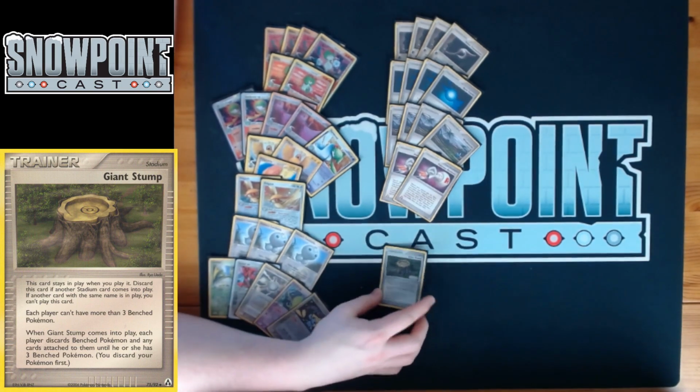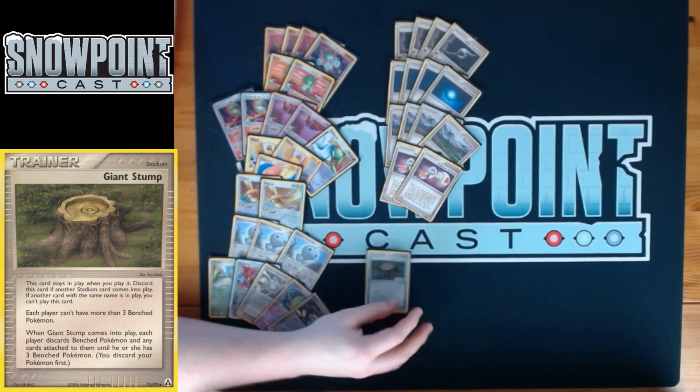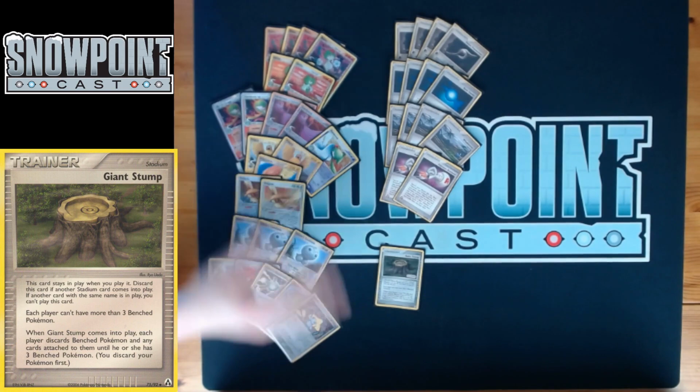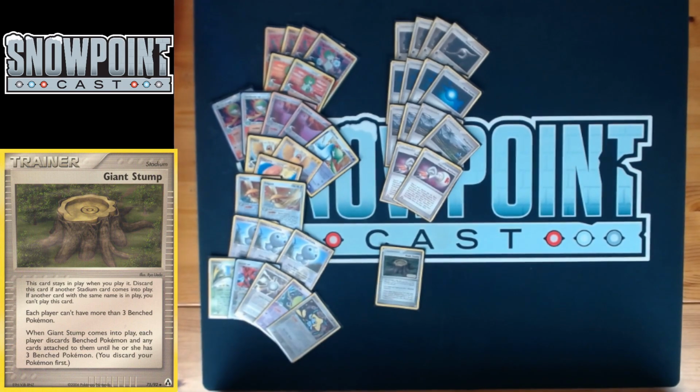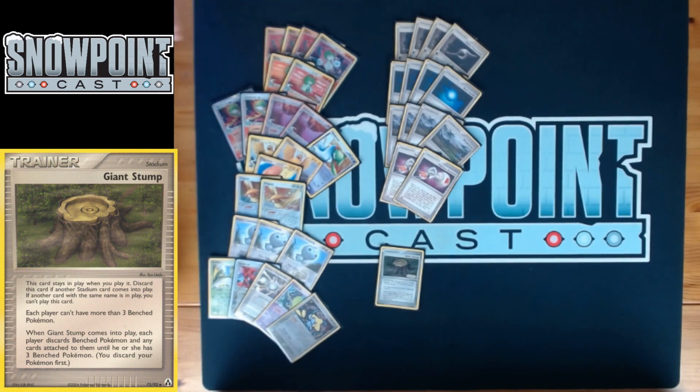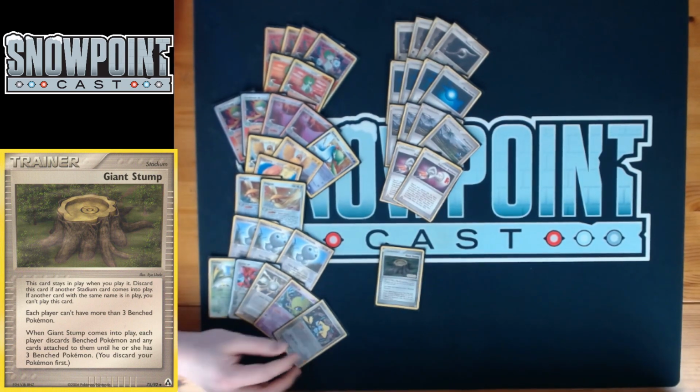But Giant Stump lets you... The main reason you play Giant Stump is so that you can heal that Gardevoir EX. Being able to discard it with the damage means that your opponent can't take 2 prizes off that, and then you're also having a 1-prizer in the active. So if they weren't able to KO the Gardevoir EX and they haven't taken a knockout, you take it off of your board, usually after a Celebi EX, because Celebi EX is also...